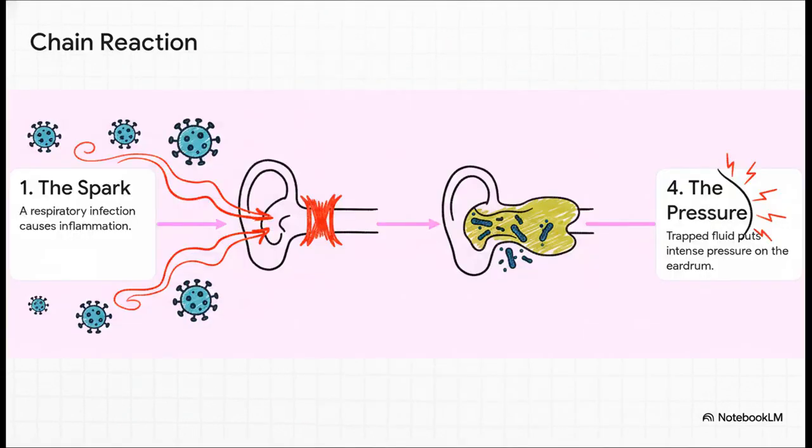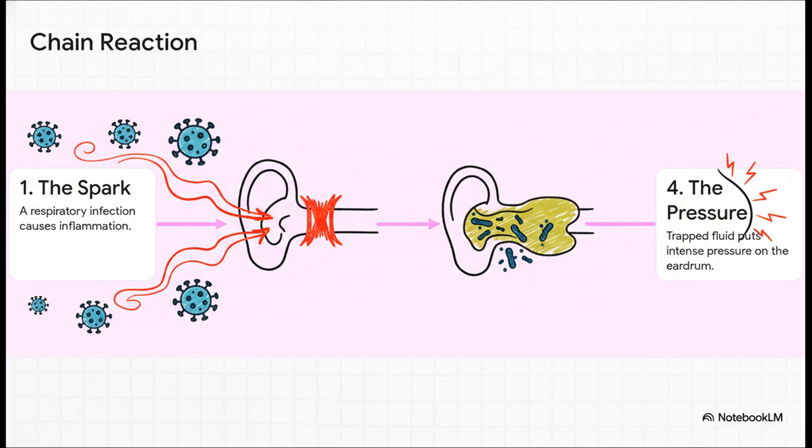This right here lays out the chain reaction perfectly. It all starts with a simple virus causing inflammation. Now you've got to remember, in a small child, that eustachian tube, the ear's little drainage pipe, is shorter and flatter. So when it swells up, it gets pinched shut. All of a sudden, the fluid that's supposed to drain out has nowhere to go. It just sits there, becoming a stagnant pond, a perfect home for bacteria. And all that trapped, infected fluid builds up and puts immense pressure on the eardrum, and that's what causes